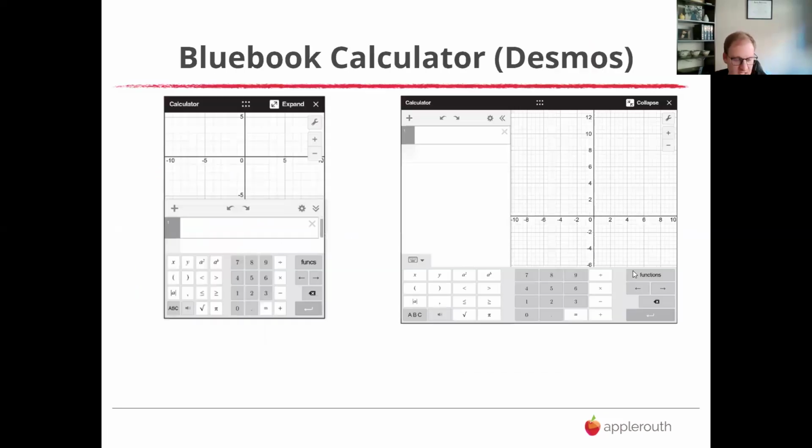So here's what that looks like. Most of my students have used at some point desmos.com/graphing calculator. This is what you pull up. You can expand it, you can close it, you can minimize it. And it does a ton. I mean, people don't even understand how much you can do on this. You can switch from radians to degrees. You can do mean and median and mode.